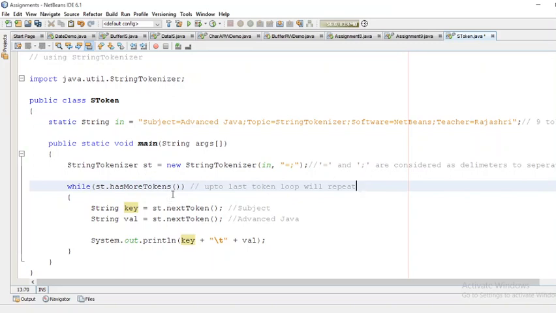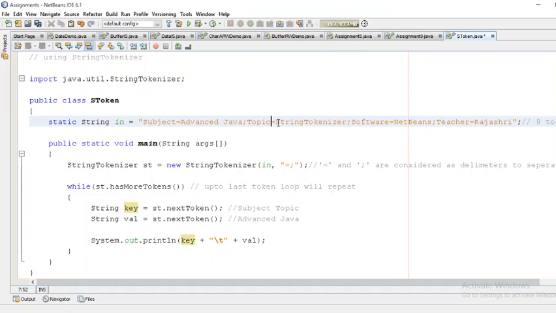After that, what will happen? It will read the next token. The next token is topic. So the next key is topic. This is the separator, equal to, that I am getting. So after that val equals st.nextToken.